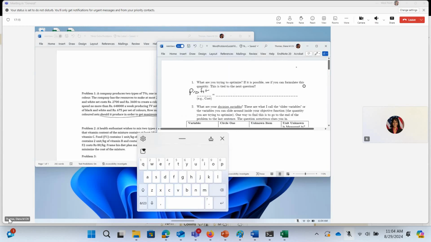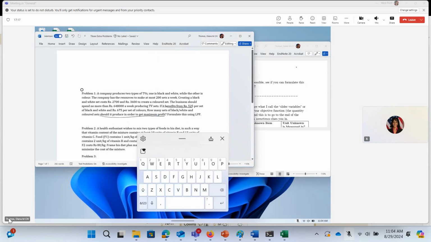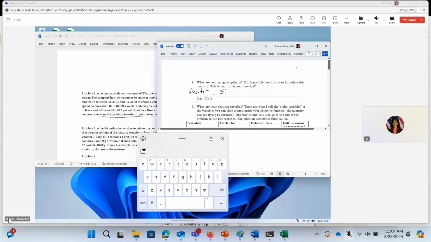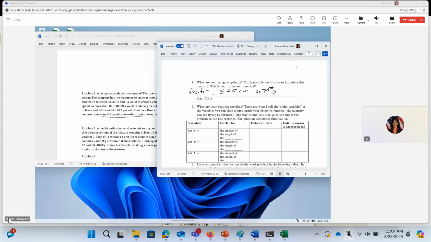That's what bothers me. I want to write down what the X and Y is. But let's go with where you're at. If that's what you see, then that's what you see. All right, so here now we have to define the decision variables, out of order in my opinion, but if that's what works for you, that's what works for you. So what does X represent? Well, X represents the number of black and white TVs, because I multiply that number by 525 to get the profit from the TVs. So it's an amount of black and white